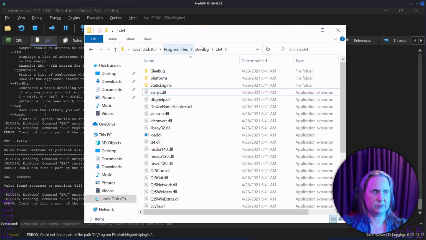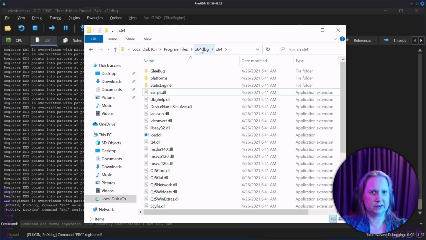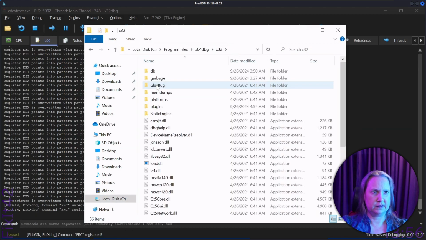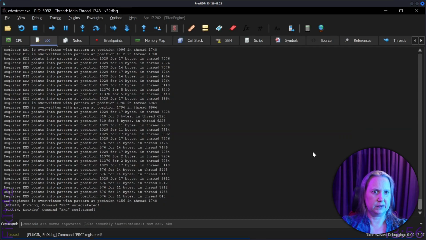There's no plugins here, so it's correct. There's no plugins. Stuff happens. So it still did it, since it only has the 32-bit. We're running 32-bit stuff, so